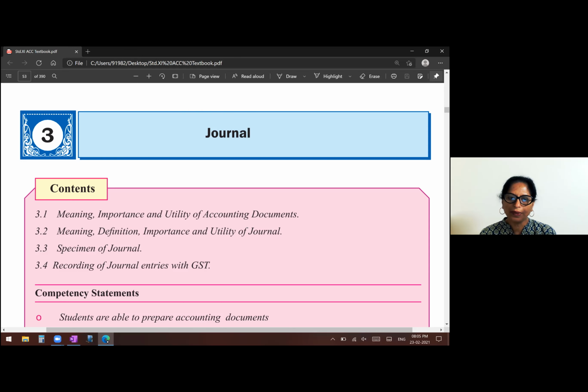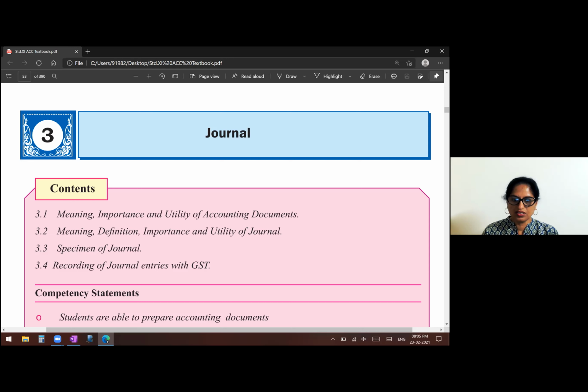And we have to pick out again the accounts, since we'll be doing small problems. Pick out the accounts, find out which type it is, and then apply the rule. And then when you write the entry in a debit and credit form, that is called a journal entry. Below that, you will write the narration. Narration always begins with the word be.